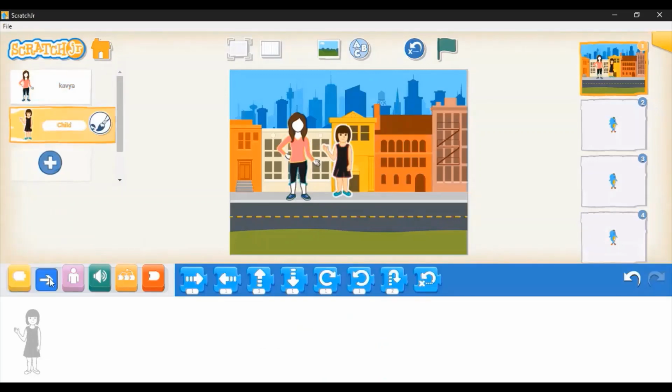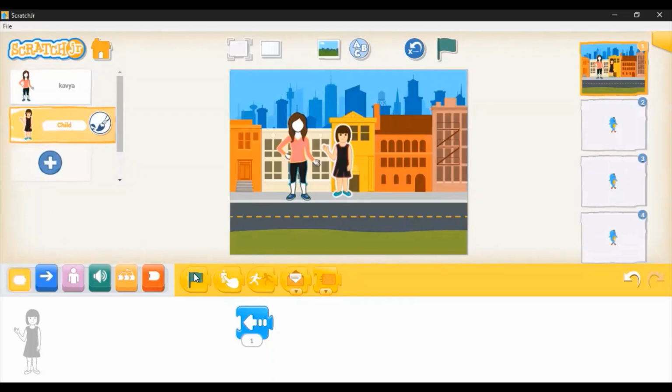So I go to the motion block, which is the blue block. I take the left direction one and I simply drag it and bring it in the programming area. Now I will select the trigger mode for the second character as the flag. I take this flag one and I place it here. Again, I'll explain it.